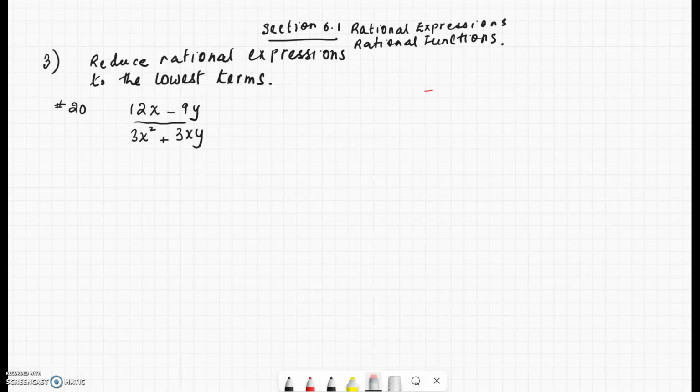Let's look at a quick example of how we reduce fractions to the lowest terms. Let's just say we have, I'll pick a very simple example, 18 over, let's say, 36. This is a rational number and it's not in the lowest terms. The way we put the rational number in the lowest terms is by cancelling common factors, which means we have